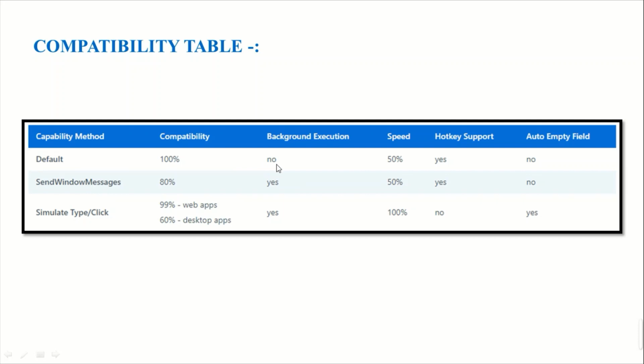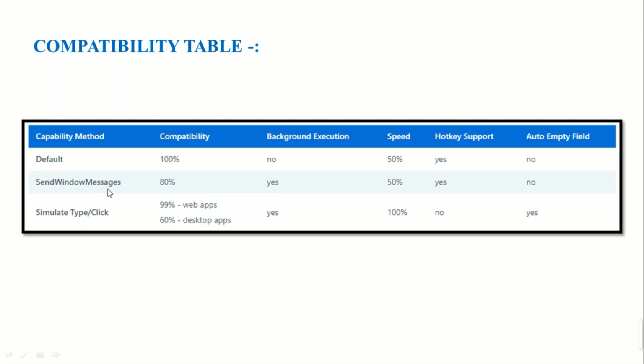But the main disadvantage is it cannot work in the background. That means the application must be open for it to work, and its speed is also less. It can support the hotkey, but the auto empty field is not present in the default method.